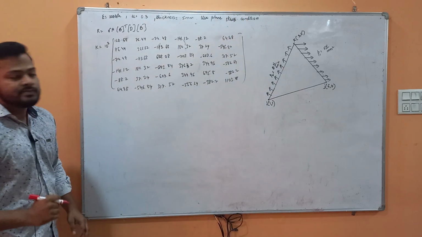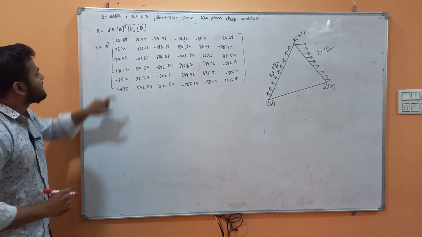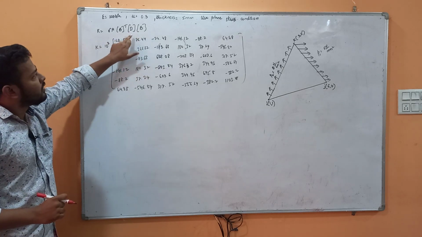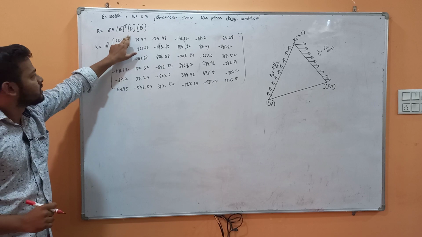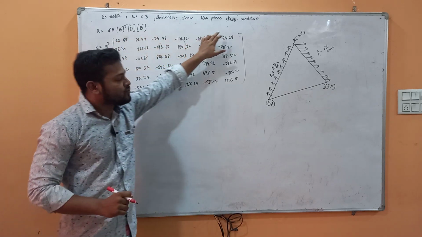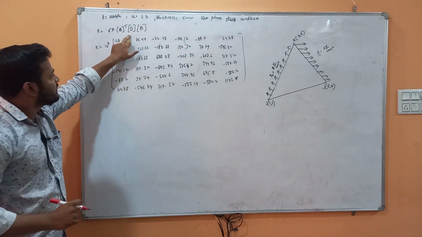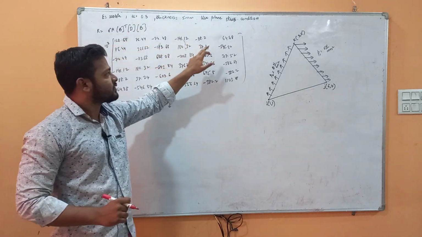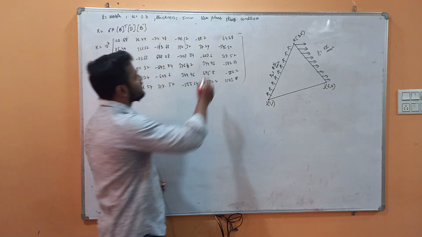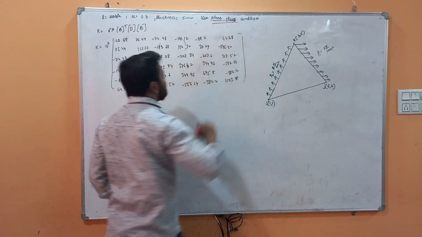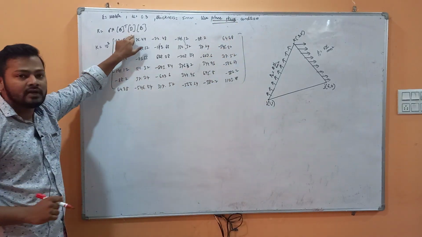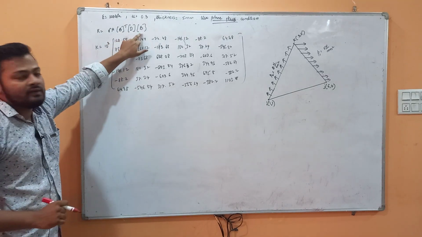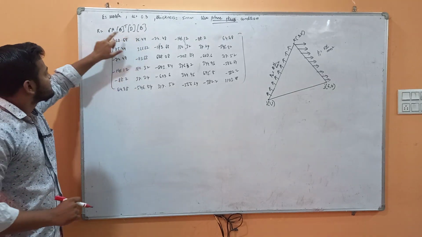So the only difference between plane stress and plane strain problem is this D matrix formula. In any case, everything will be the same, only the D formula will be changing. Depending on plane stress, you have to use a different formula of D as I explained in the last class, and you have to use a different formula for plane strain. So it depends on what is given in the question. If plane stress is given, you have one formula of D, and if plane strain is given, you have a different formula of D. The B matrix will remain the same.